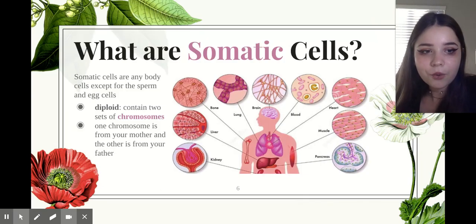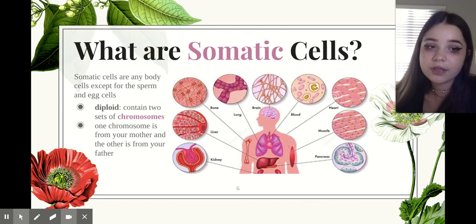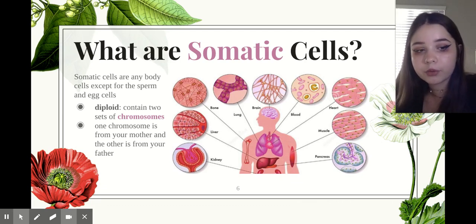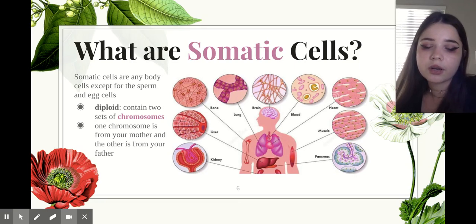And so, what exactly are somatic cells? Well, somatic cells are any body cells except for the sperm and egg cells. So these are all your body cells, excluding any reproductive cells. And we call somatic cells diploid. So this means that the cell contains two sets of chromosomes, one from each parent, right? You have your mother's set of chromosomes, the maternal set, and your father's set, the paternal set. And so this just means that one chromosome set is from your mother and the other set is from your